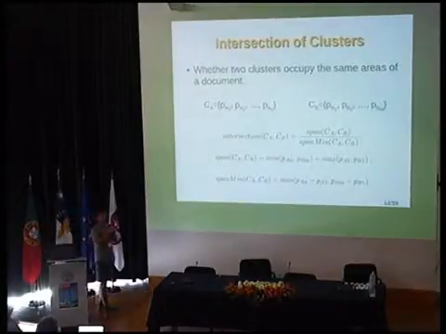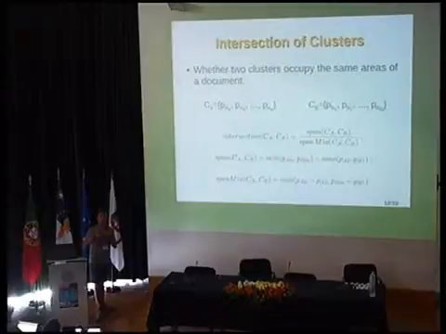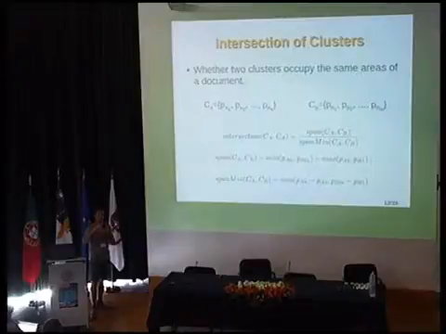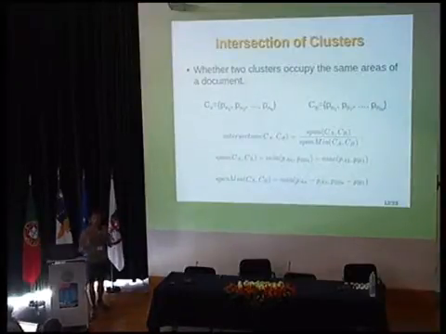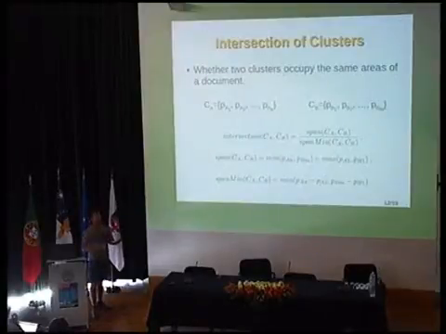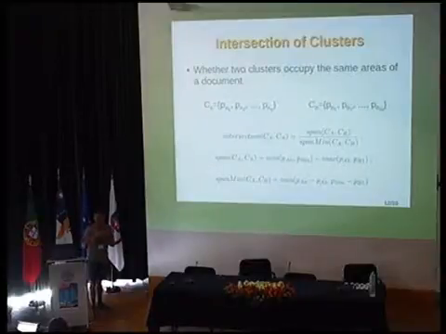So the idea is, since we have a way to find where our clusters are, imagine we have a concept A, which could be gout in that example, and the cluster B, which was uric acid in that example. We want to measure if they intersect with each other, or if they tend to occur in the same paragraph. So we have this equation which just measures how much of the cluster of one concept is inside the cluster of the other concept.